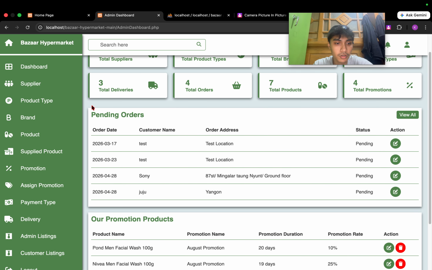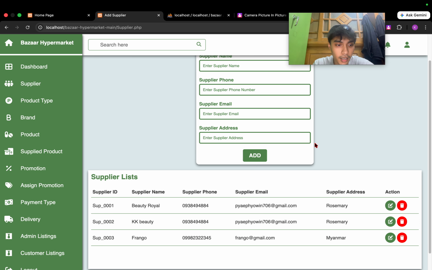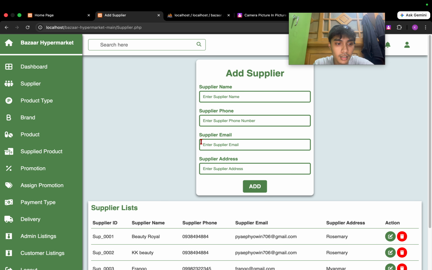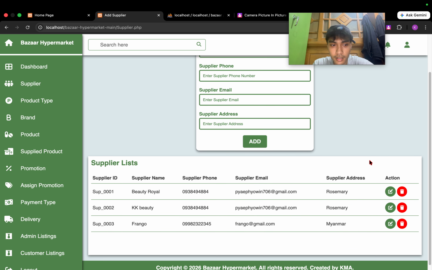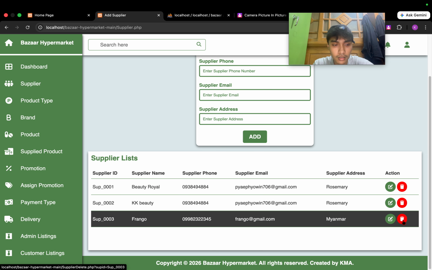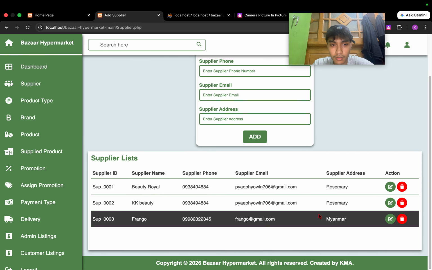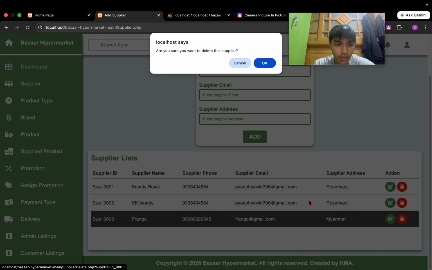Next, I will show the supplier management. This is the section where the admin can add a new supplier, update an existing supplier, and delete a supplier. This is editing.